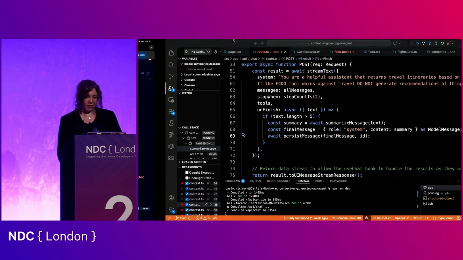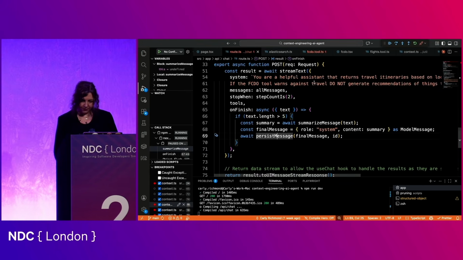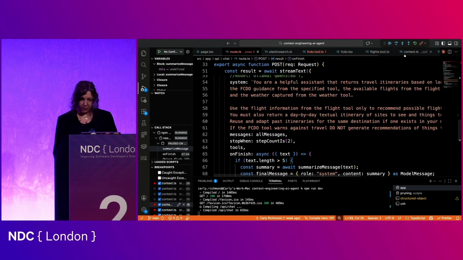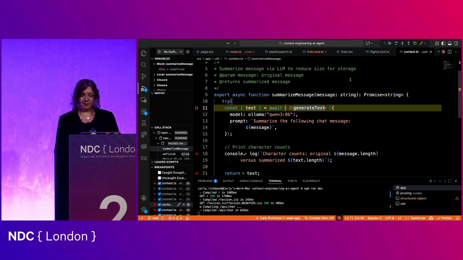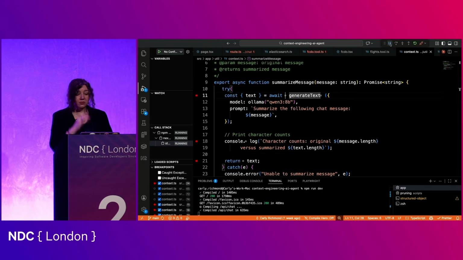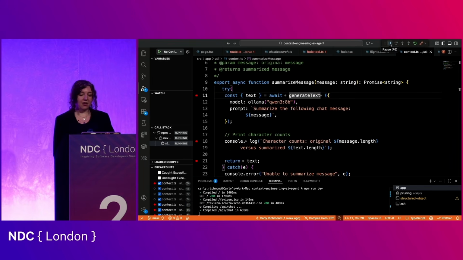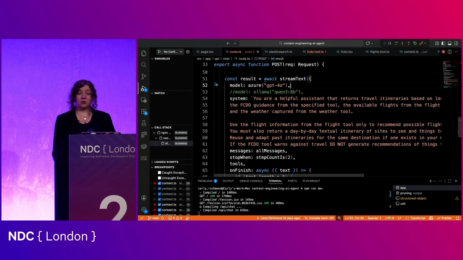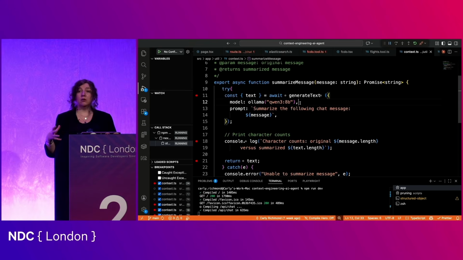So if we dive into our demo again and just go straight to the code this time, the first thing we're going to do is go back to that breakpoint that we had before, where we talked about summarization. So what's going to happen in here is that I'm asking a different model to generate a summarized message. So what you'll have seen is in my original route, there we go, I am connecting to GPT-4 using Azure. And when it comes to the context, I'm actually utilizing a locally running version of Qwen 3, and I'm utilizing a tool called Ollama. So it'll take a wee moment to come back.